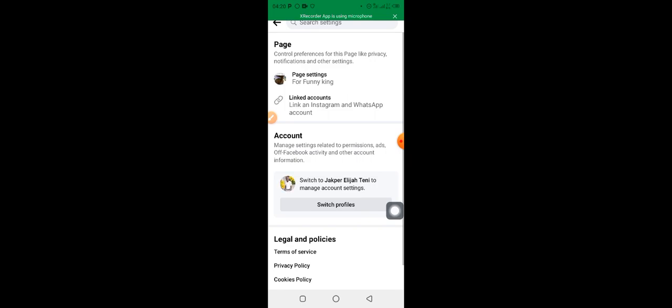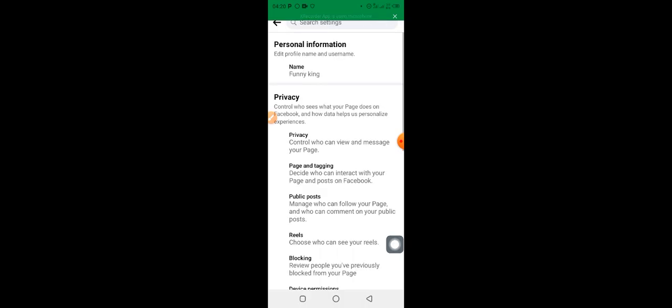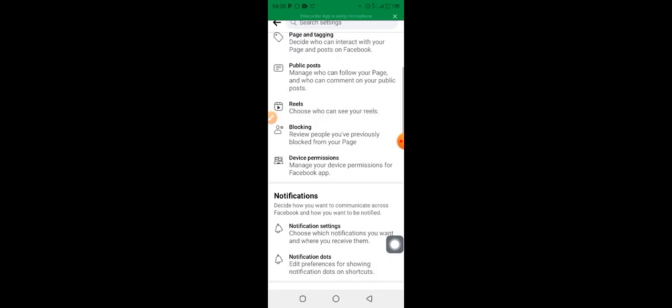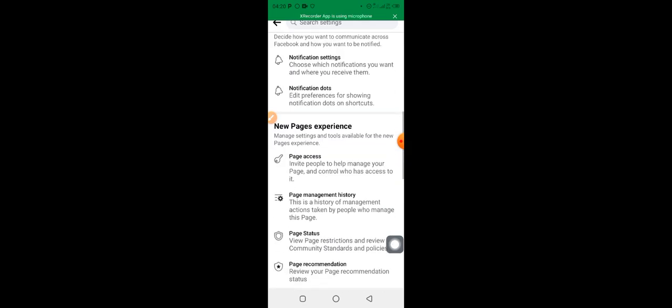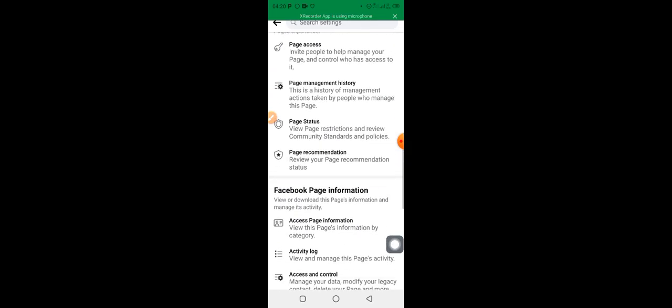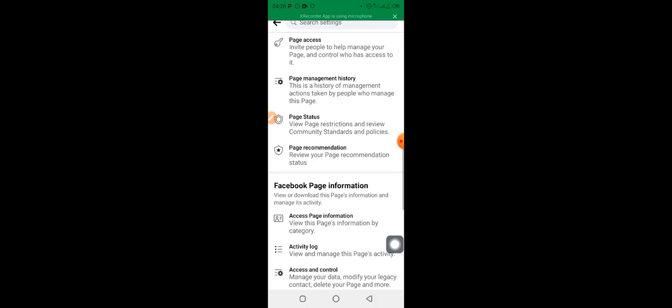But keep in mind that you need to be using the main Facebook app. After you click on settings and it opens, you click on page settings. When you click on page settings, it's going to load. After it has loaded, you scroll all the way down to where we are having